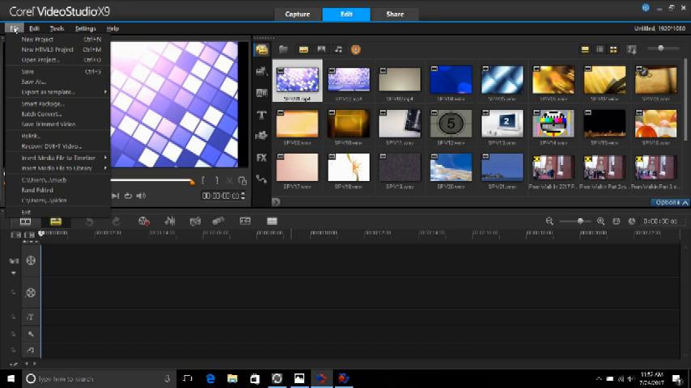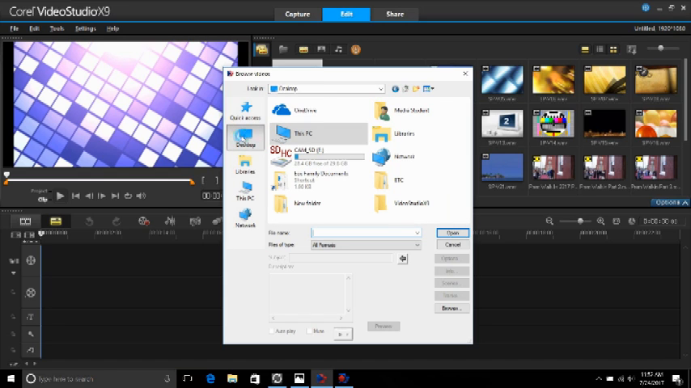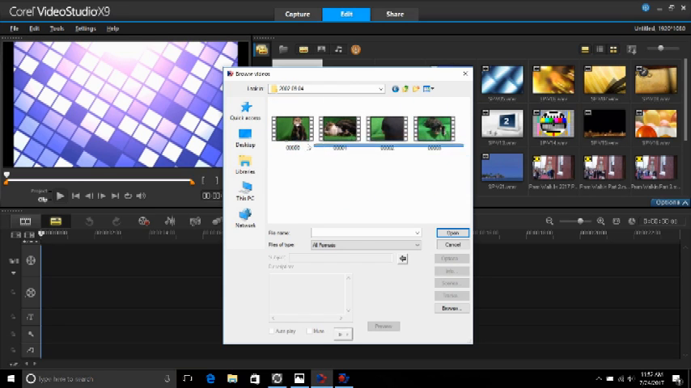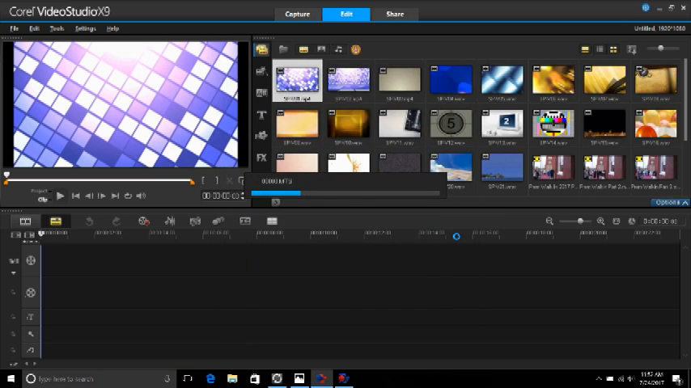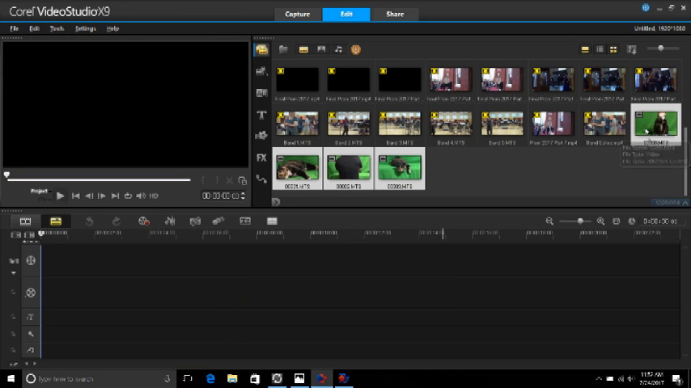So let's get started with green screening and mask and chroma key. First thing you'll want to do is to import your video into your video library. We have that in a folder on our desktop. Highlight everything and open,